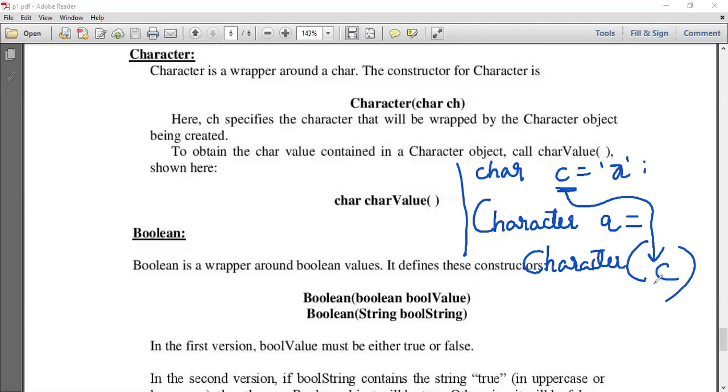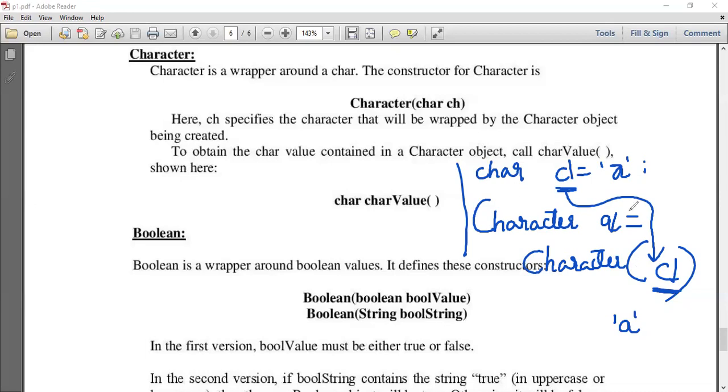Now what happens, this is wrapped in an object a, or we can give any name to this particular object. So let us give it as c1, Character c1. Or instead of passing this character variable, we can put the entire character in a single quote or double quote, so that will also wrap that particular character.